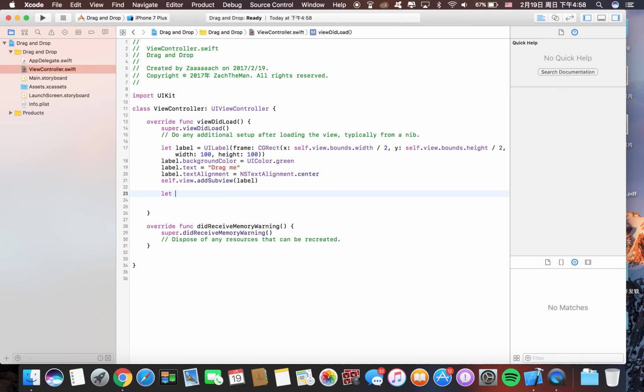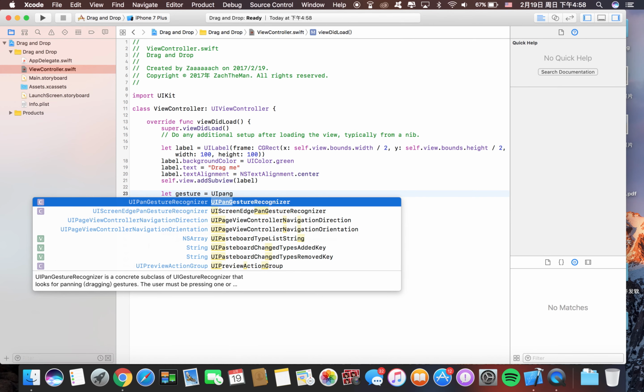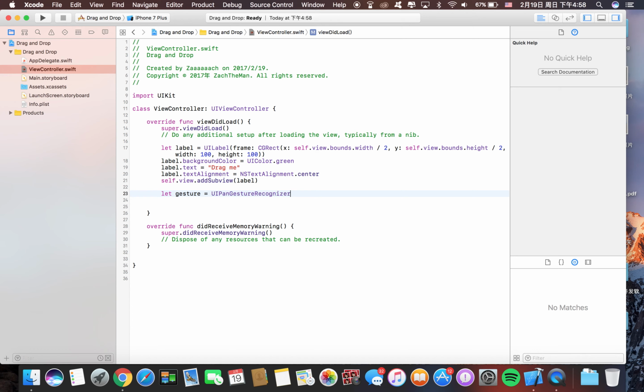We'll just say let gesture equal UIPanGestureRecognizer, and for the target, we're going to say target self, and the action, which we are going to create later, but I'm just going to write it now. So action is selector,